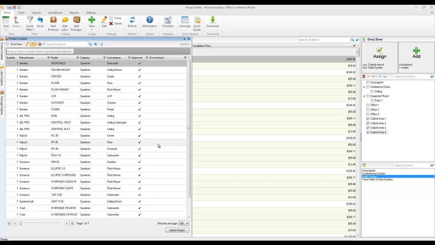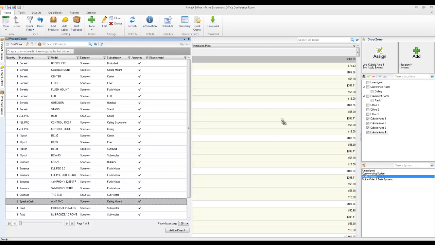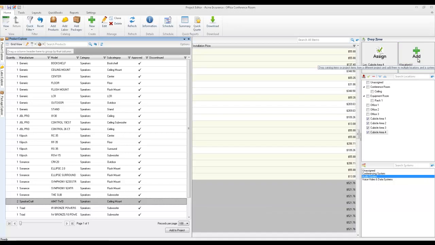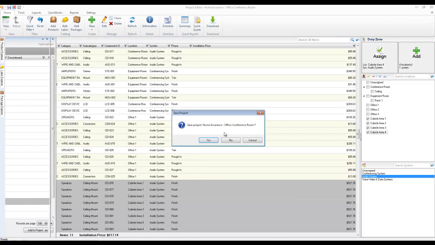We'll go ahead and apply that filter, and I'm going to find the speaker that I'm looking for, and I'm going to go ahead and put a quantity of 2 for this, and then drag that over here to the add option. When I drop that, now 2 of those speakers have been added to each one of these locations all at one time. I'll go ahead and close out of here now, and I'll take you over and show